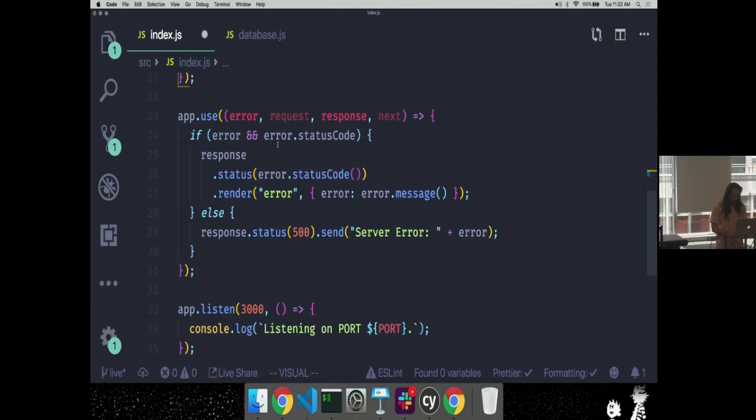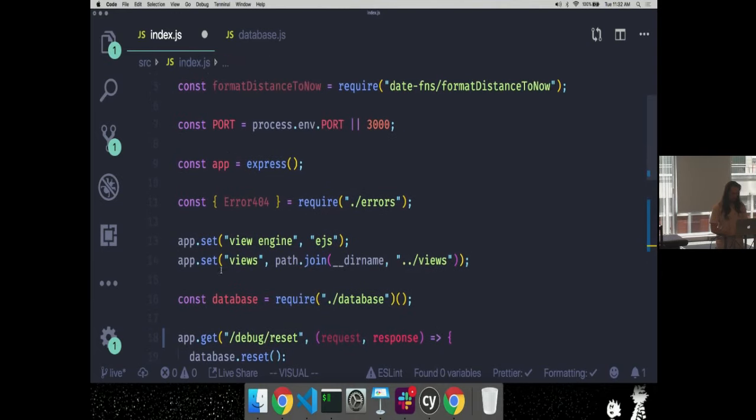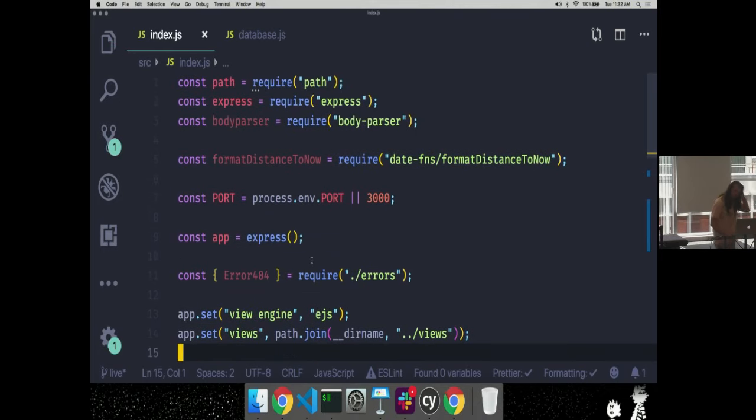And then this is going to be an error handler. We'll put that back in, but I don't really want to write it from scratch. So let's start at the top. I've got imports, right? So the first thing I'm importing is the path library. This is a built-in node library. So I'm going to have to be doing some stuff with paths, and the easiest way to do that is by using this library, because things like Windows and Linux are different. Some have forward slashes, some have backslashes. By using this library, it will abstract that away. We don't have to worry about it too much.